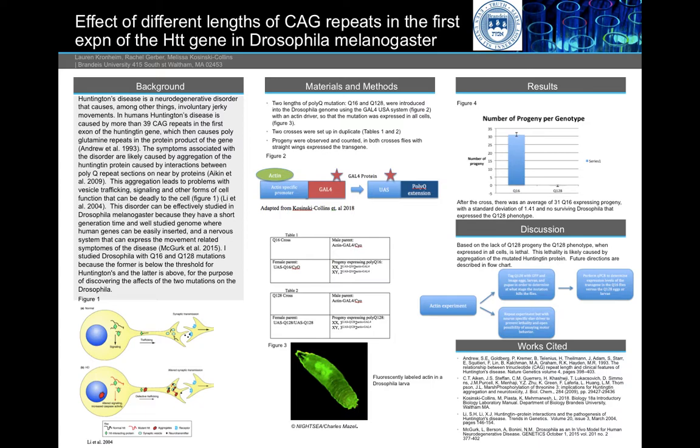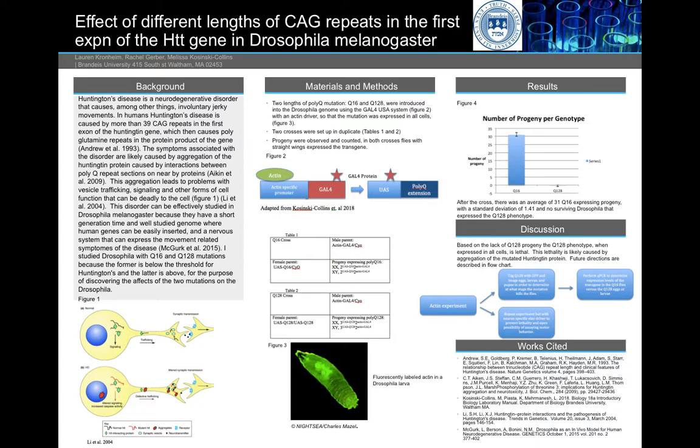For my experiment, which I performed with Rachel Gerber and with the guidance of Dr. Kaczynski Collins, I induced the expression of 16 polyQ repeats in one line of flies and 128 polyQ repeats in another line of flies, with the hope of studying behavioral deficits between them. These numbers of repeats were chosen because the former is well below the threshold for Huntington's, while the latter is well above this threshold. In order to introduce this gene into the Drosophila genome, the